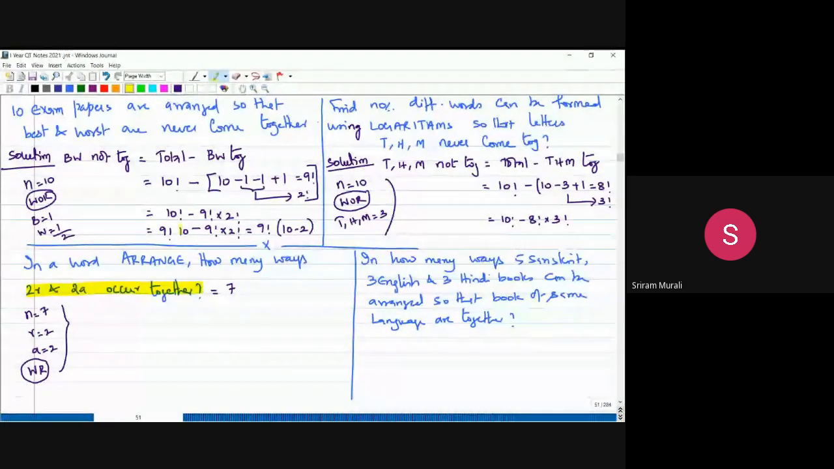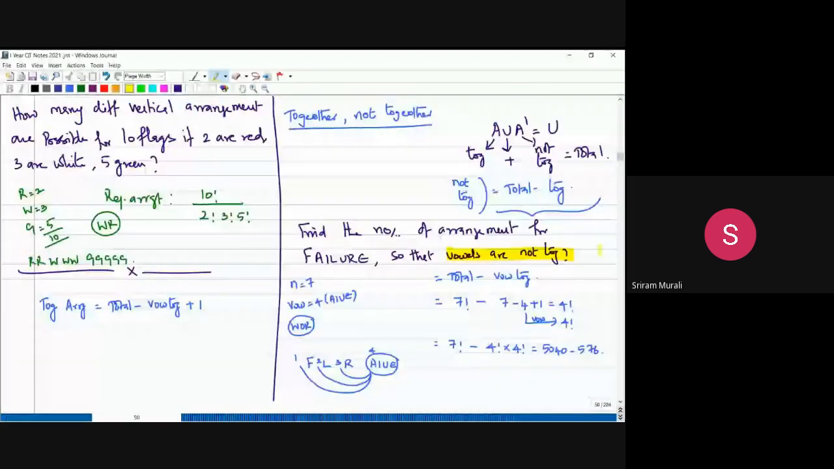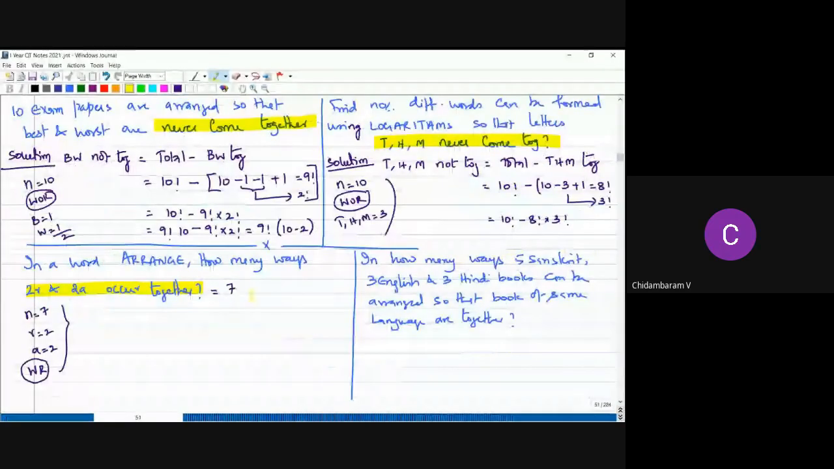Read the question. This never comes together. Vowels not together. Is it like that? No, sir. They occur together, so take a total of 7. Subtract for 2R, this is for R. Take them as one letter. Subtract 2 for A and take this as 1 letter. The resulting answer can be arranged